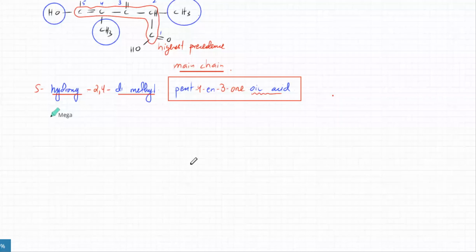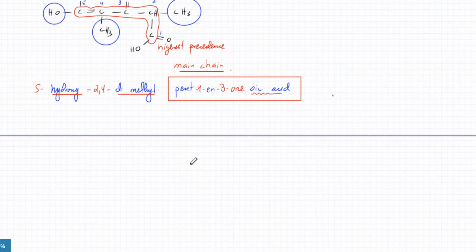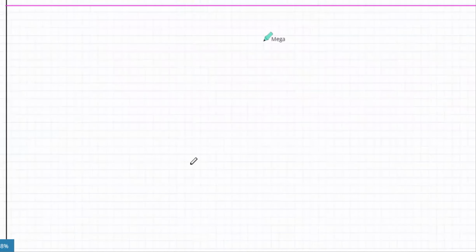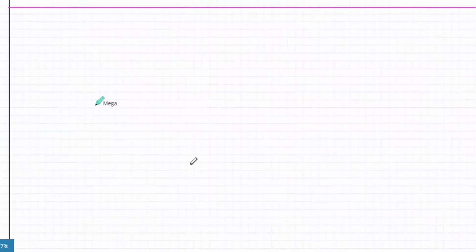So I'm going to move towards isomers now, and we will continue naming molecules as we go on. We'll continue practicing this. So I'm going to move towards isomers. So what are isomers? The basic idea of an isomer is that if you have a molecule,